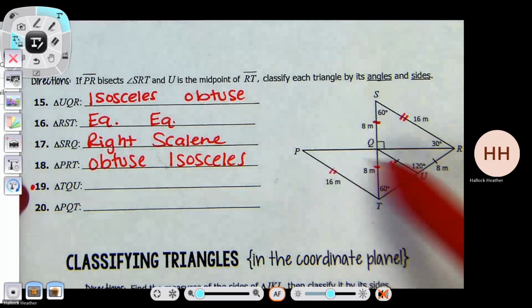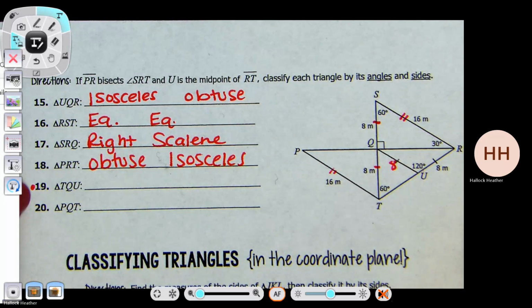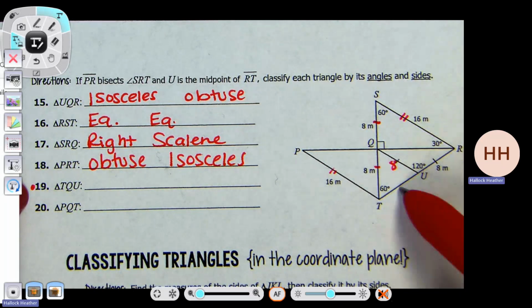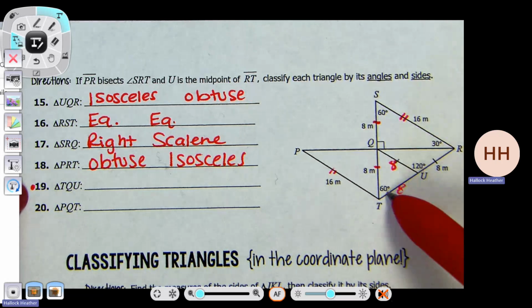Because this is 8 and then this is going to be 8. Because if this is 60,